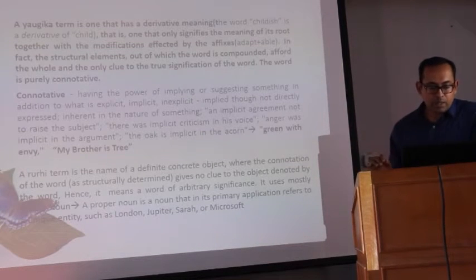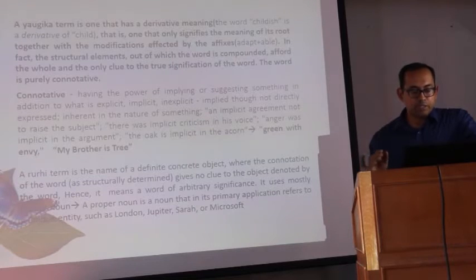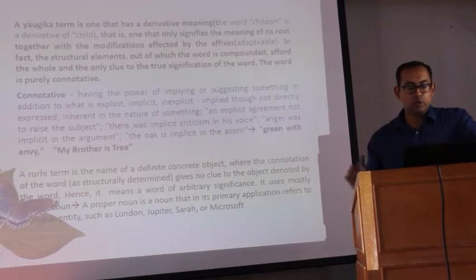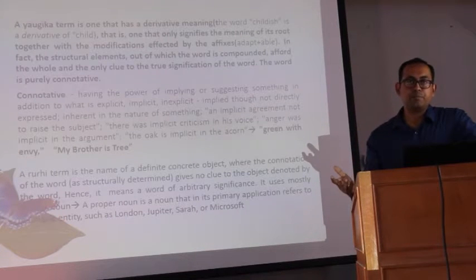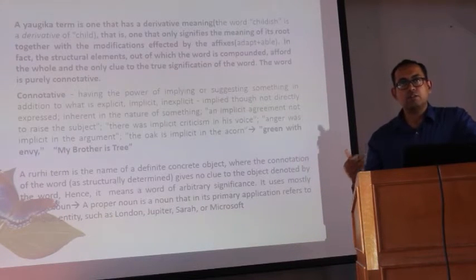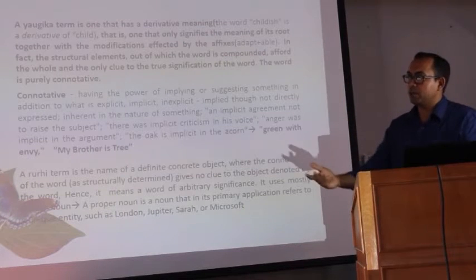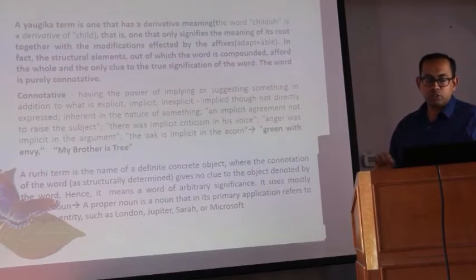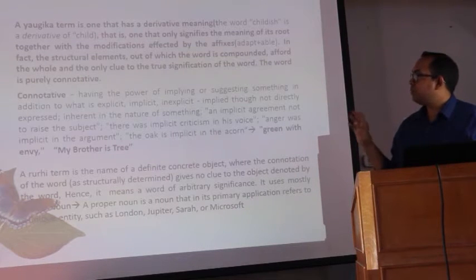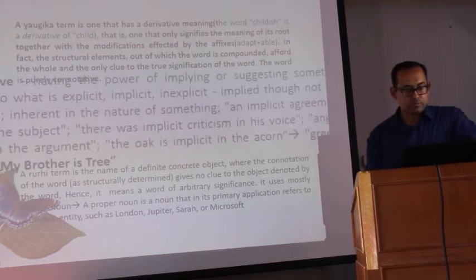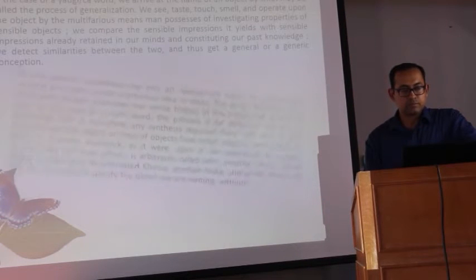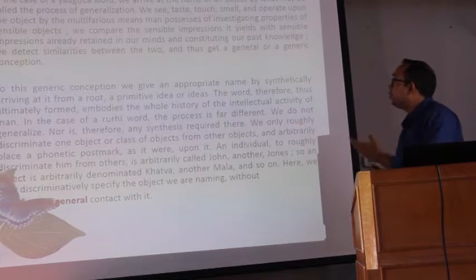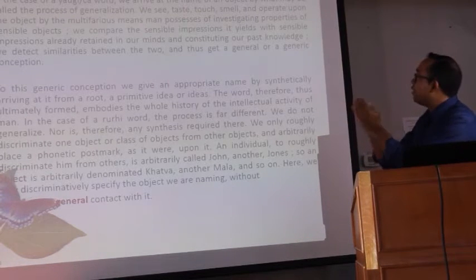A rudi term is the name of a definite concrete object where the connotation of the word gives no clue to the object denoted by the word. Very simple to understand: proper noun. So if you say this is a chair, it's a proper noun. If you say this is a PowerPoint, this is a proper noun, right? So rudi words are basically proper noun words. In case of a yogic word, we arrive at the name of an object